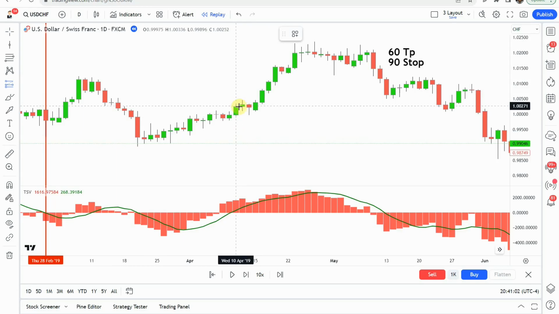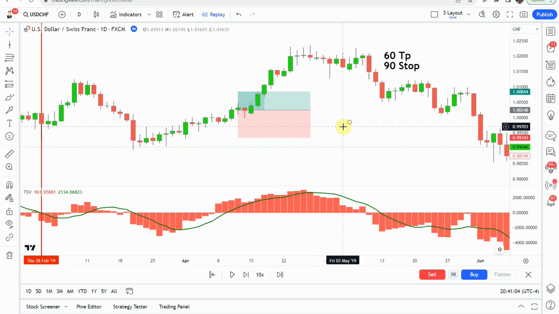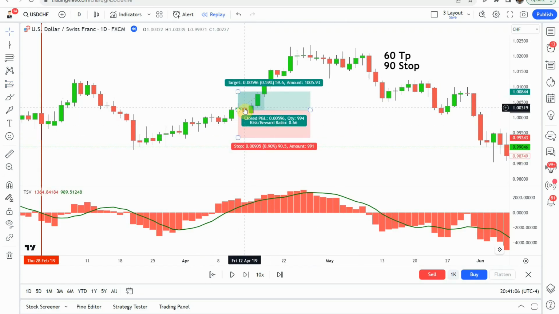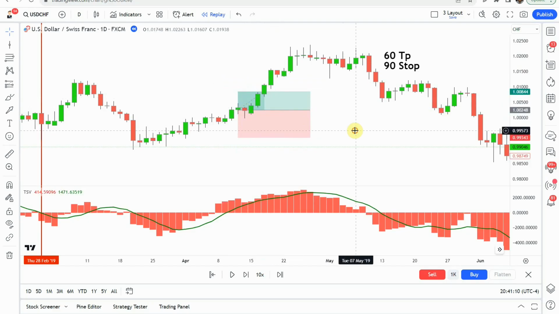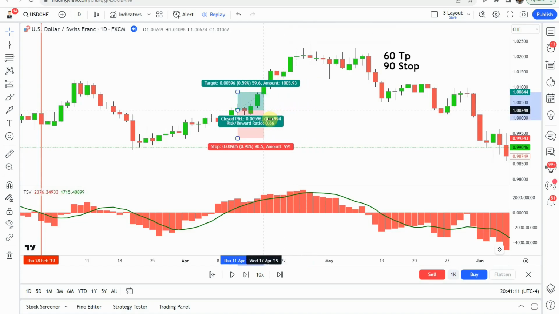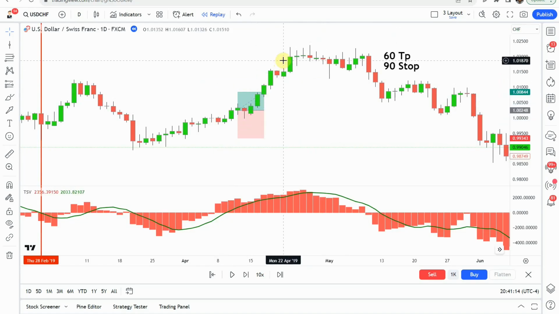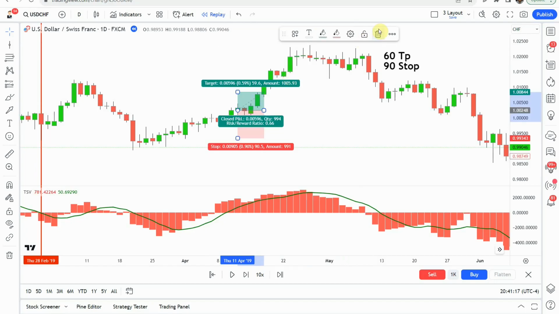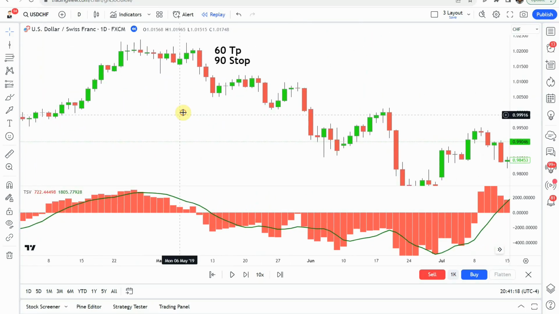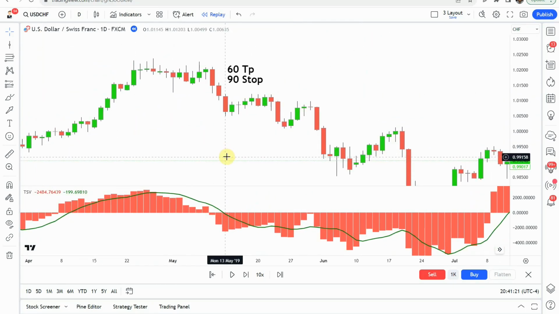Looks like we'd be right here. And we would be targeting that 60 pip take profit with a 90 pip stop on it. And you can see that it makes a really nice push to the upside there, which would have gotten us to our take profit. On the downside here, what we are looking for is when the plot line crosses down